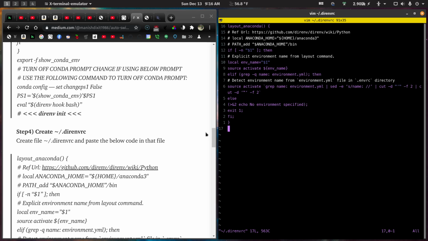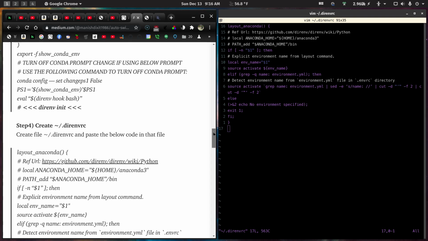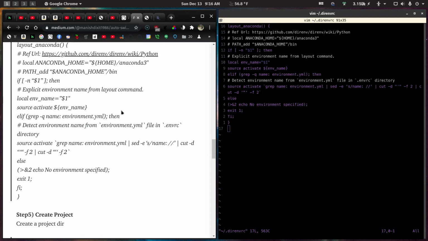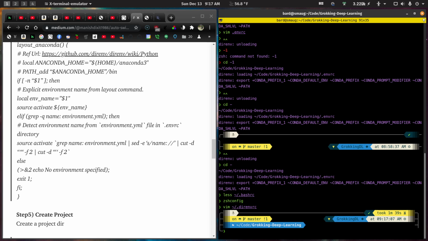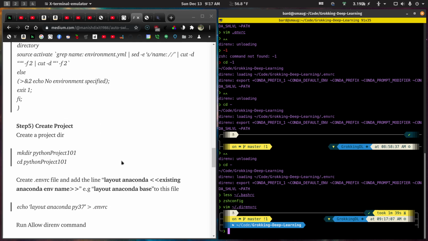So in any case, you do have to create this file, and you do have to populate it with all of this, and you do have to go back in and make sure you fix these funky quotes. And then once this is done, then you can create a project directory like this one here,